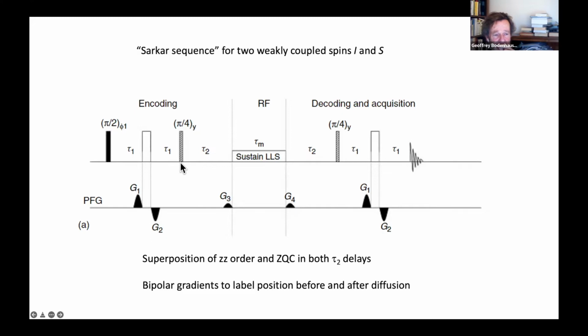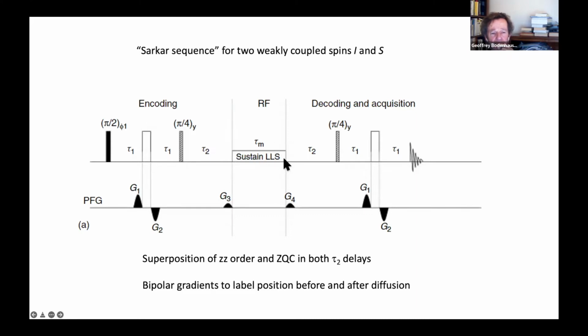And then you apply not a 90-degree pulse, as you would, for example, in INADEQUATE or in INEPT, but a 45-degree pulse. And then you allow a certain time here, because in that period you have a superposition of ZZ order, which doesn't move, and 0 quantum coherence, which does evolve. And this has to evolve to a certain angle before you switch on the continuous RF field, a weak RF field applied in the middle between the 2 chemical shifts of the spins I and S. And this has the effect of converting the product states into triplet and singlet states. And then this is where the lifetime can be measured and is the interesting variable.